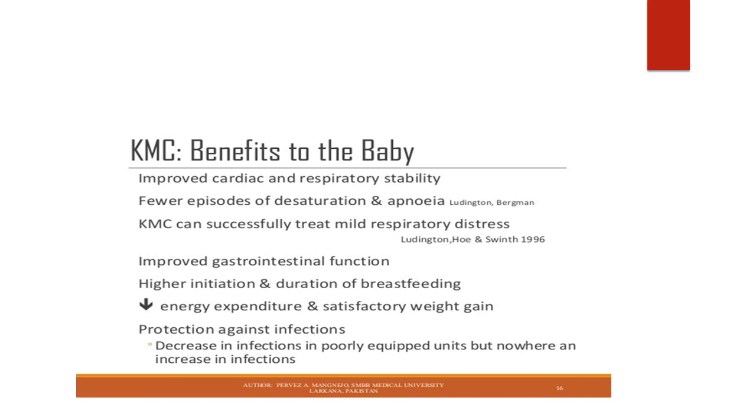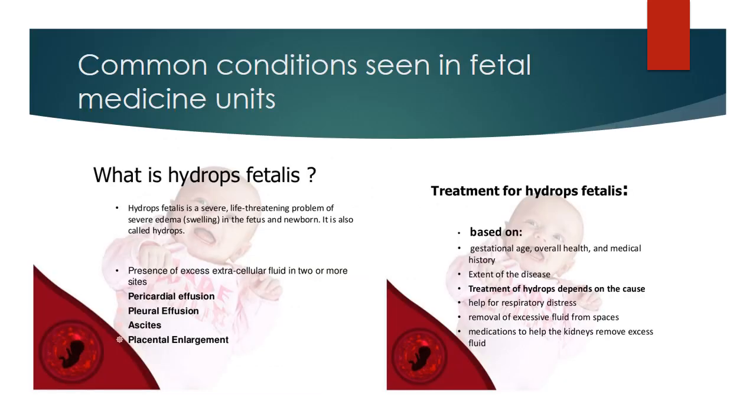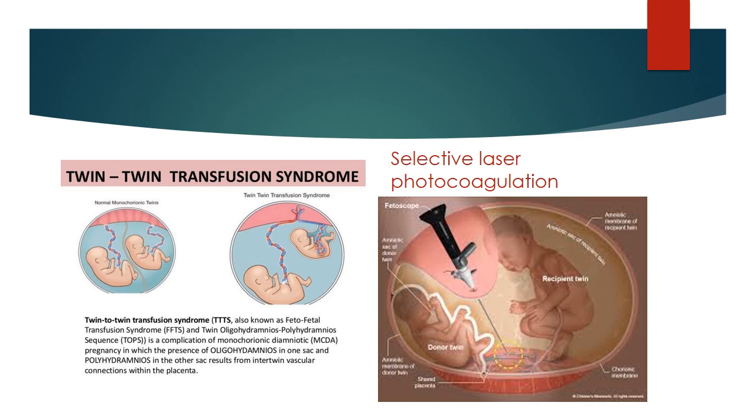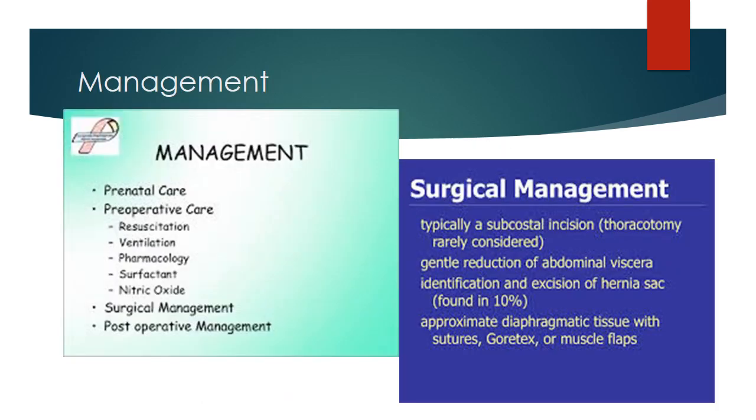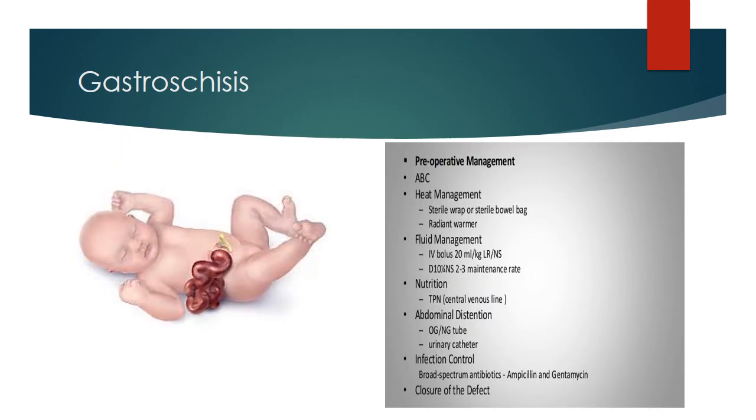Common conditions in medicine units include hydrops fetalis, which is a life-threatening problem of severe edema in the fetus and newborn. It presents as effusion and ascites. Treatment depends upon the cause. There can be twin transfusion syndrome, as the other diagram shows. Treatment is selective laser photocoagulation. Diaphragmatic hernia requires surgery. This diagram shows gastroschisis. This shows the repair using